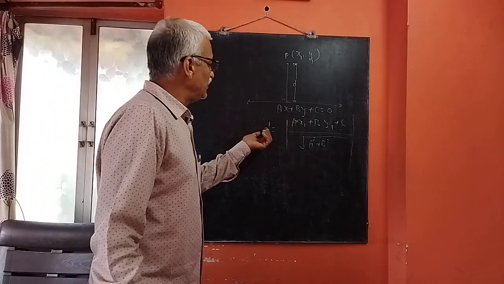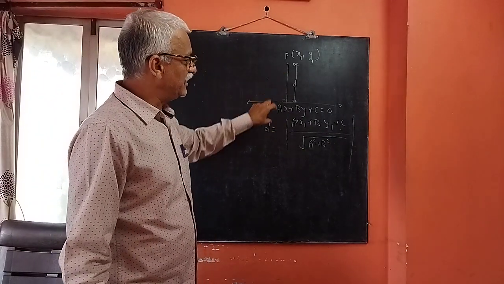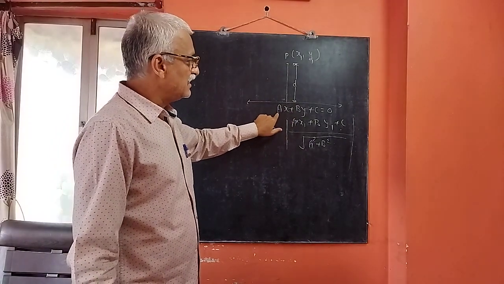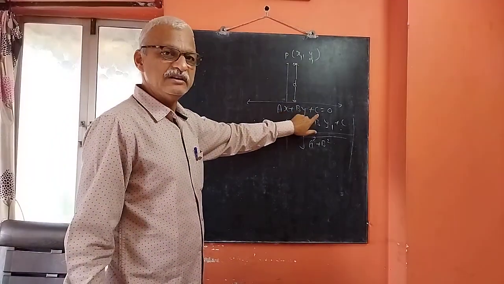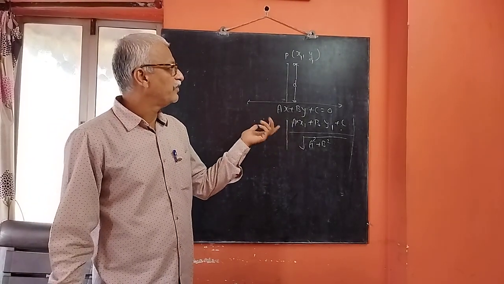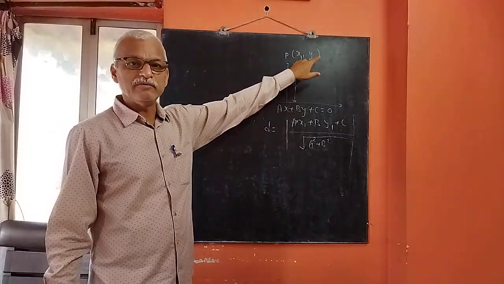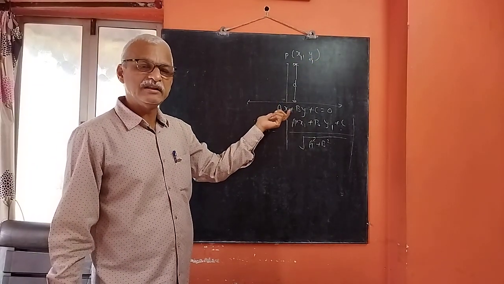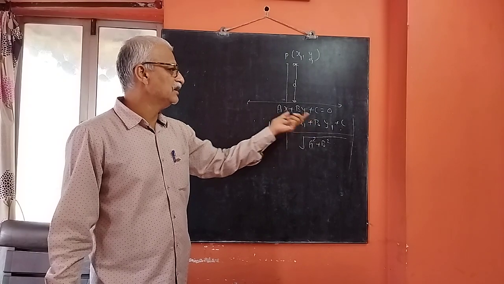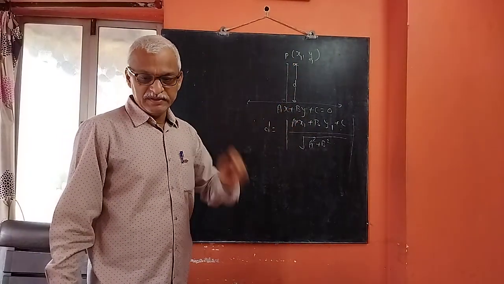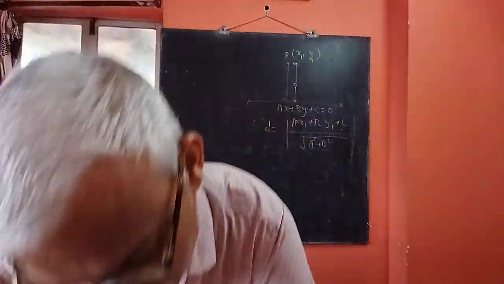So to get the value of d, you just have to find out the a, b and c by comparing with the standard equation. Then the point x1 and y1. Write down all these 5 values there. Then substitute the values in this equation. You get the perpendicular distance between the point and a straight line. So let us solve the first problem on that perpendicular distance.